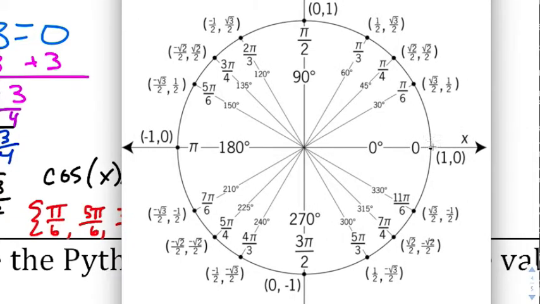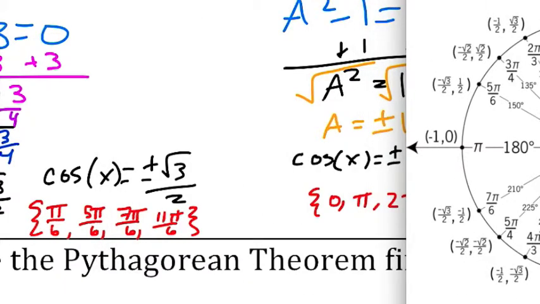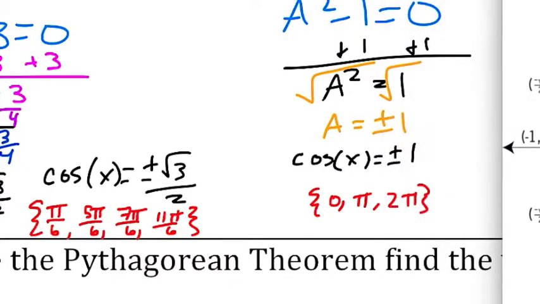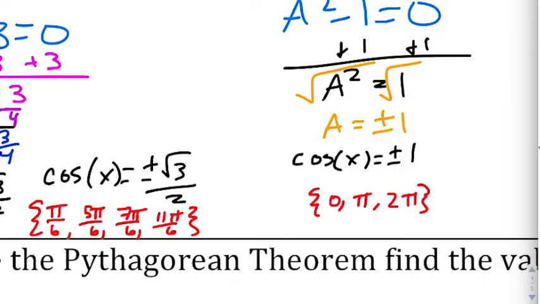Well, it's positive 1 here. It's a negative 1 there. So it's actually only a couple answers to this one. It's either going to be 0 or it's going to be pi. And I guess I can throw in 2 pi as well, because technically this is both 0 and 2 pi, right? So again, a complicated problem, but not an impossible one if you have a good grasp of what composite